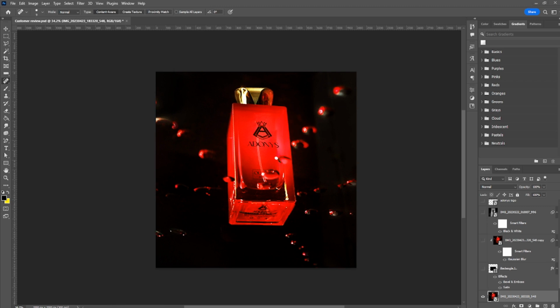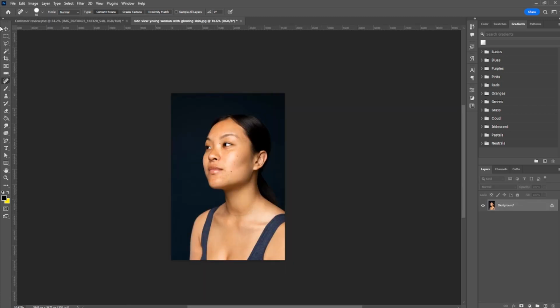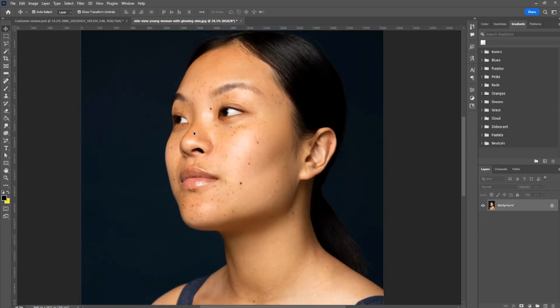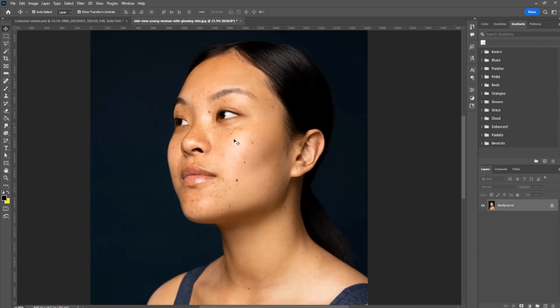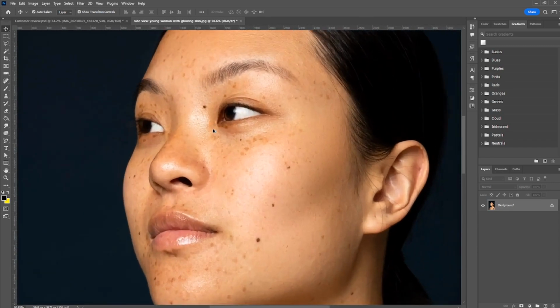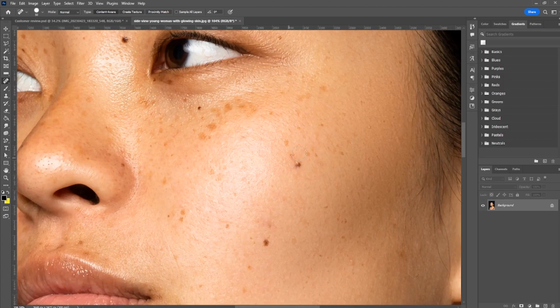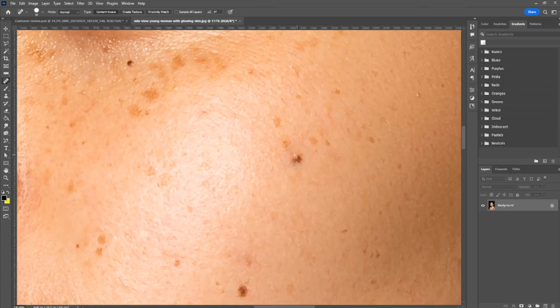I'm just going to look for an image. All right, we have an image like this. Let's say you have this lady with the spots and you don't want the spots on her face. Now, this spot healing brush tool just removes that spot, right? Let's select it. Now, all you need to do is hover your mouse around